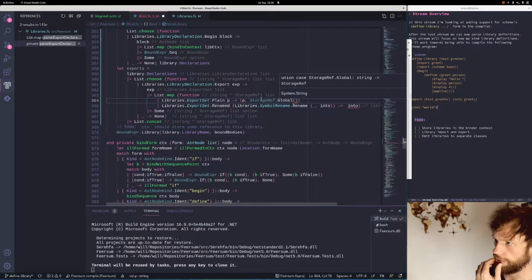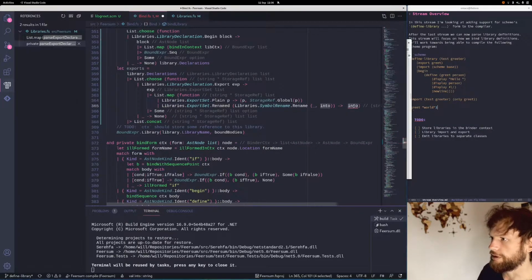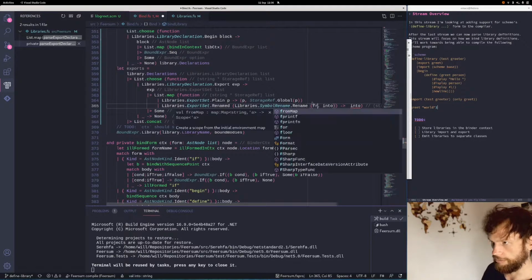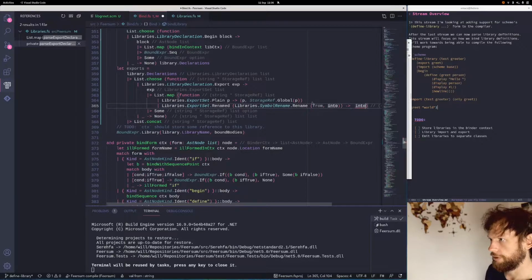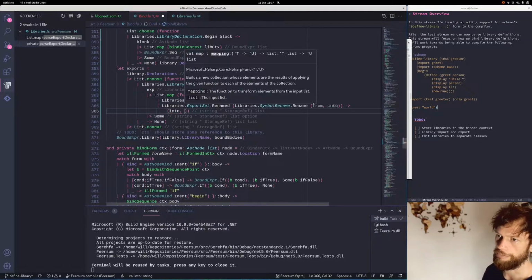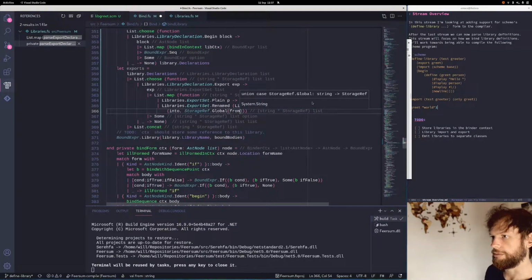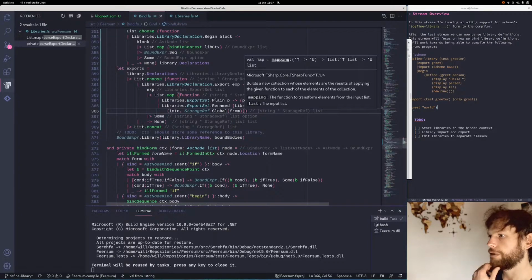So a global at the moment just takes a string. We'll just use the string. And then this is going to be from and into. So from. So we'll say into. So into is the thing that's being renamed into. So that'll be the key. And then we can do storage ref global from. That means if you try and look it up by the renamed value,